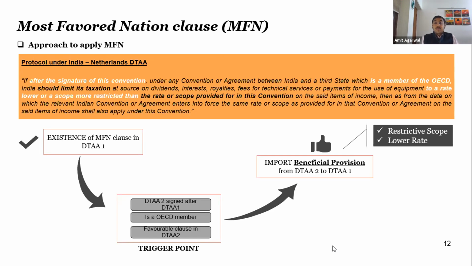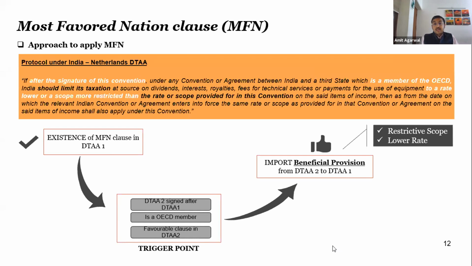The diagram below typically explains how you can approach it. First, you have to see whether this MFN clause is applicable in Netherlands. Then you have to see whether the Slovakia treaty also has